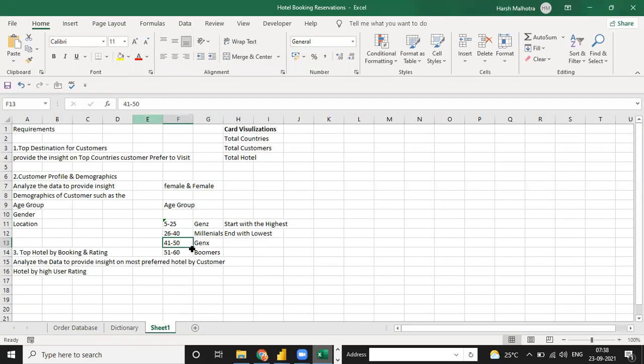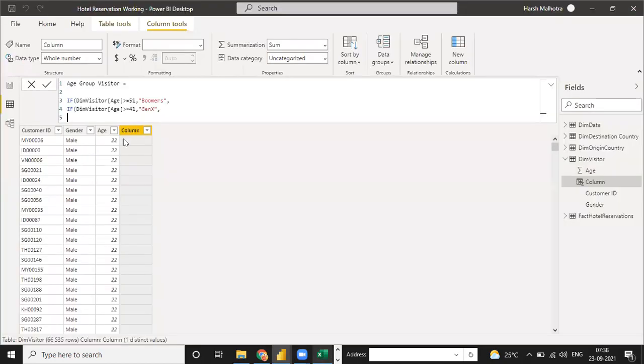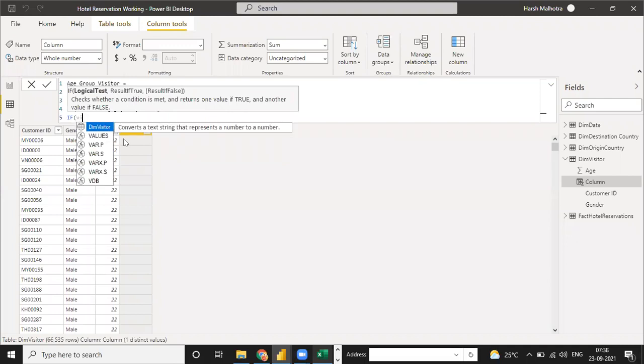Move down to the third condition: if the visitor age is greater than or equal to 26, then you need Millennials.